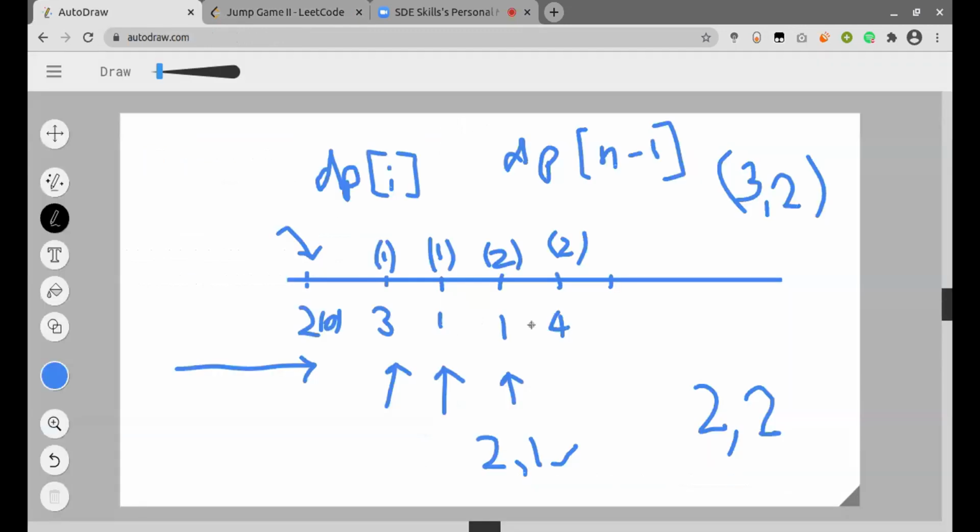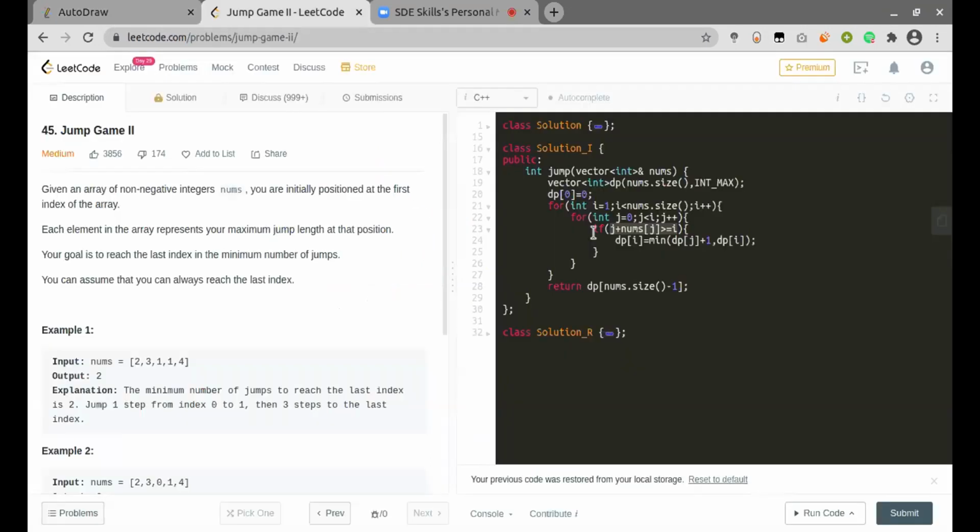For example, this one I can get from 3 by taking a jump of length 2. So the value of this index would be 3 plus 0, which is 3, and it is greater than or equal to the index of this one, which is 3 itself. So using this condition, we can check if I can get to this current index I using the previous index or not.